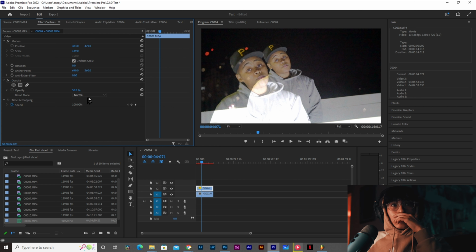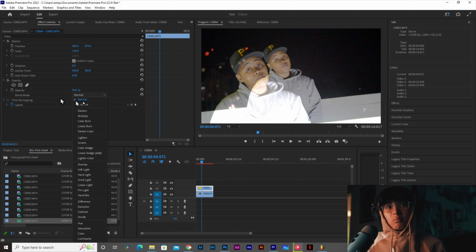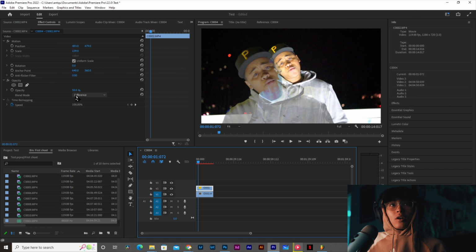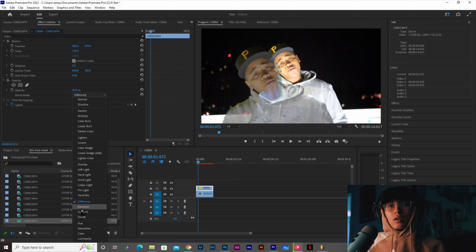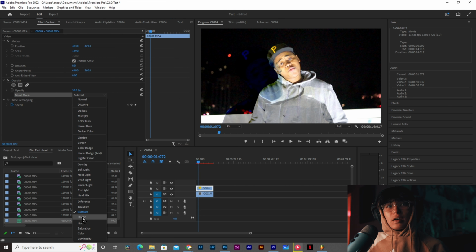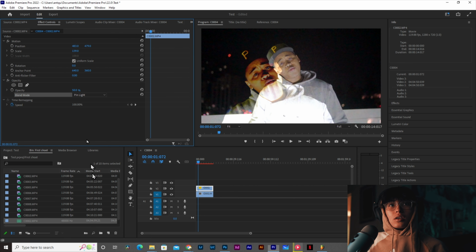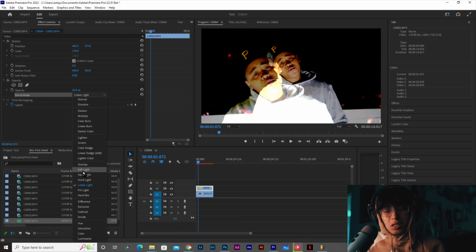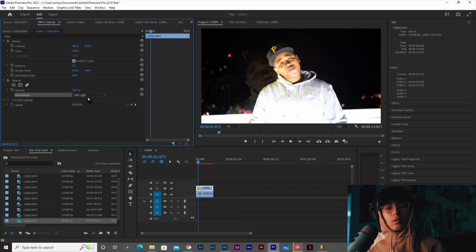And you can even mess with the blend mode. So say if you want to have a difference, and that stands out a lot more, or if you want to have an exclusion, subtract, just mess around with this, because you never know where your brain can take you at the end of the day when it comes to your creative process. If this is going to be your first time starting videos,